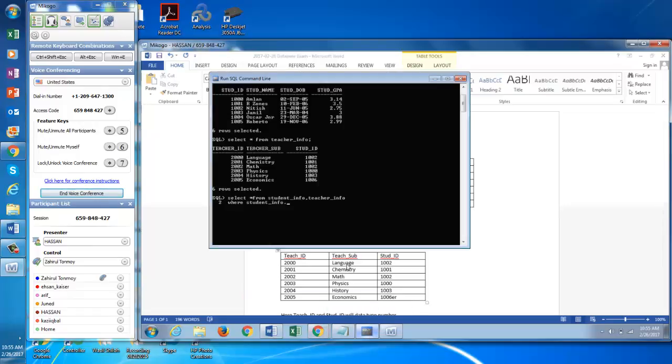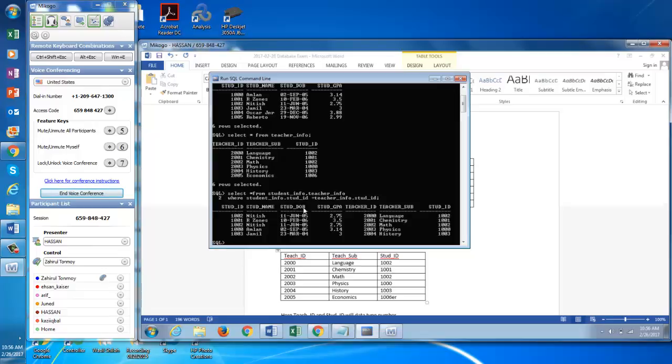Now if you go there, student info dot stud ID, that means we are referring to stud ID from the student info table. Right. Then equal to teacher info dot stud ID, right? And then we will close it. How do you close an Oracle statement? By putting a semicolon. Now if you press enter,